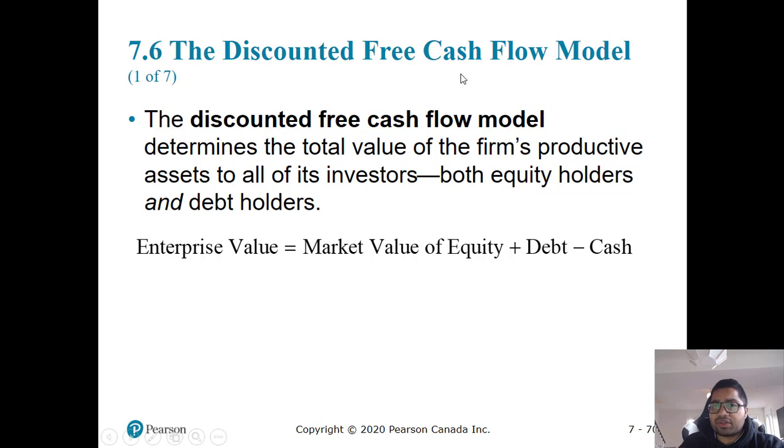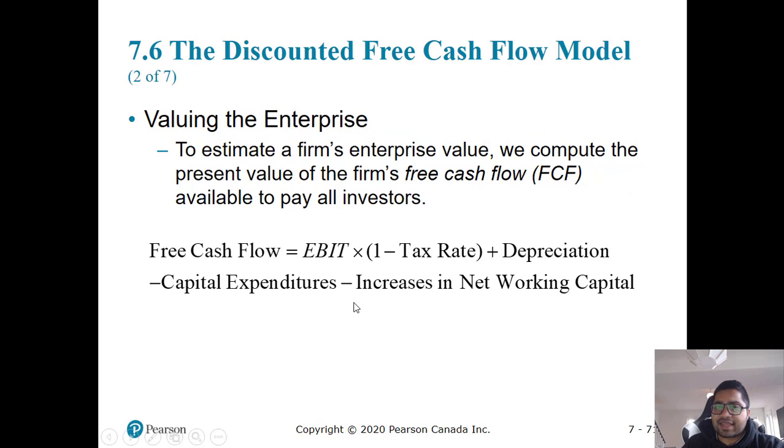Next is the discounted free cash flow model. It determines the total value of the firm's productive assets to all of its investors, both equity and debt holders. So we have discussed enterprise value. Enterprise value equals the market value of the company: market value of equity plus debt minus cash. Okay. So to estimate the firm's enterprise value, we compute the present value of the firm's free cash flow, FCF, available to pay all